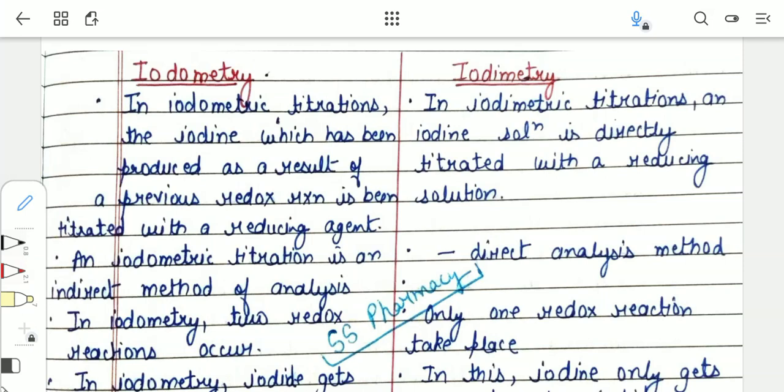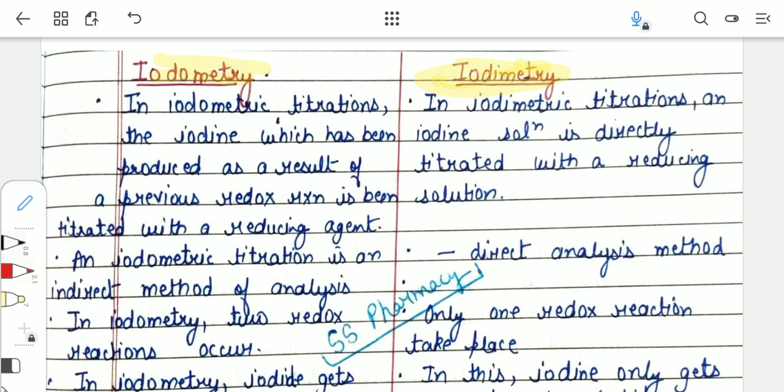So welcome everyone. In this video we will talk about the difference between iodometry and iodimetric titration. Previously we have already discussed both of these titrations in detail, and in those videos also I told, and again I am going to repeat, that this topic is very much important, so never skip this, and often the difference is very much asked. So that is why I'm making a separate video regarding the difference between these two. Okay, so now let us begin.